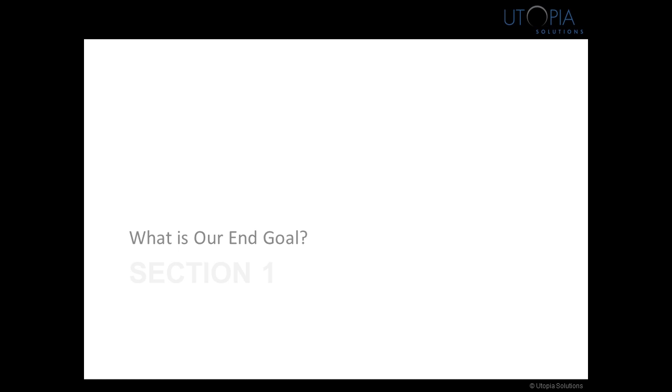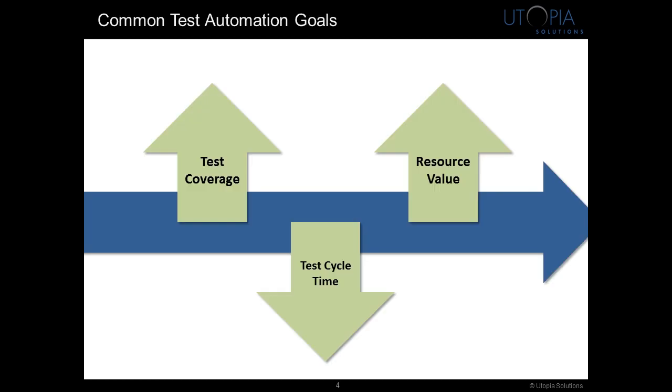Let's take a level set with respect to what our automation objectives are. Most implementations that I see have one or more of these objectives in place. But over the years, I found that increasing the value of your resources by not having them do repetitive, tedious tasks is really the biggest gain that organizations can realize from automation. Instead of executing regression tests, they're focused on using their experience and expertise for test case definition, exploratory testing, and